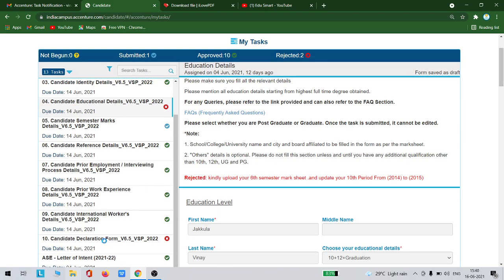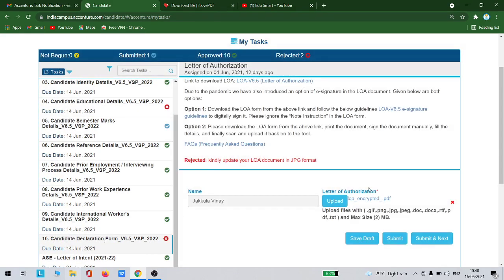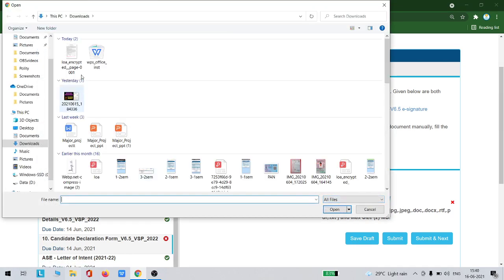See, when you are changing this, before I have shown you that I had uploaded this in .jpg format. Now when I went back and came here, this is in PDF format because I did not save this, even in draft. These changes will be saved only when you click this save draft. Please do ensure that you are saving this whenever you change something.